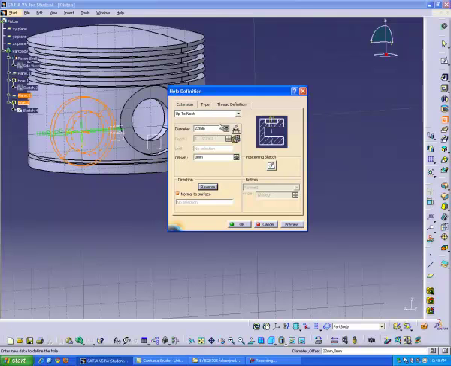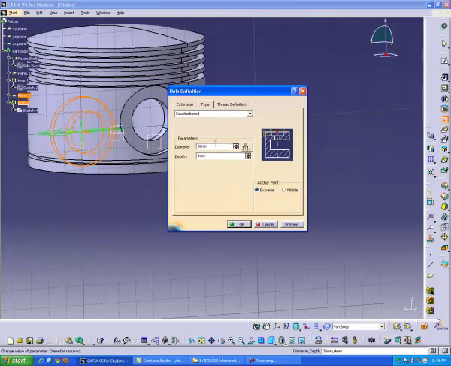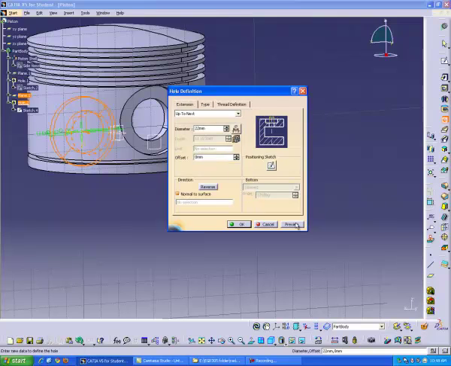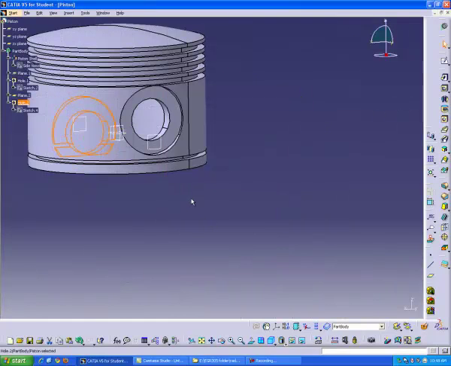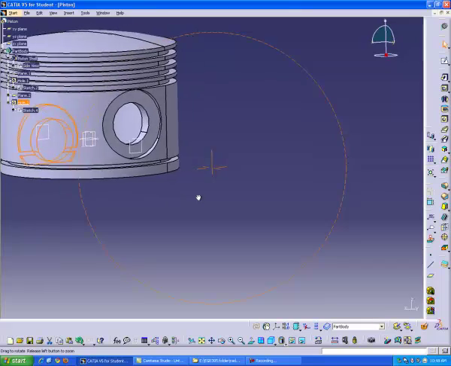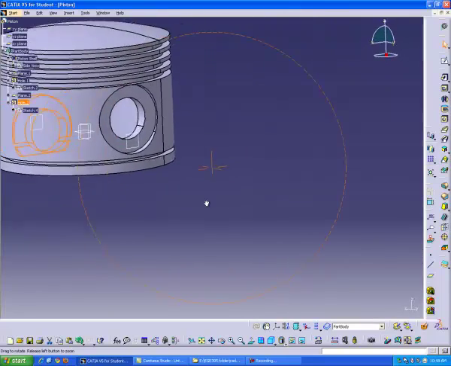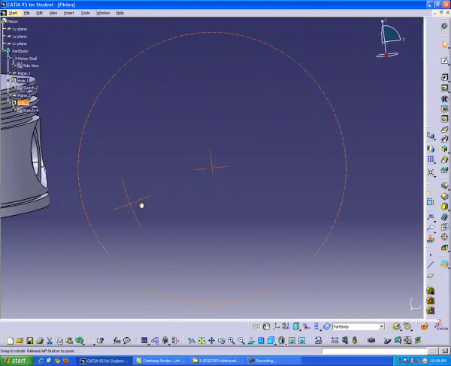We're going to hit, make sure it's up to next, the same parameters as before, so 22 diameter, counterbore 36 and 4, still the same. Okay, we're going to hit preview. Notice you can't see it currently because it's on the other side. We're going to hit OK. And we are going to rotate it. Now